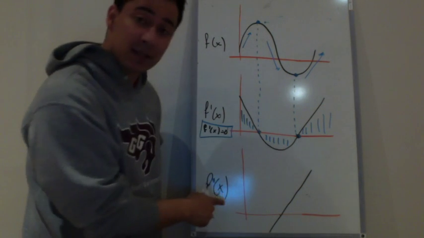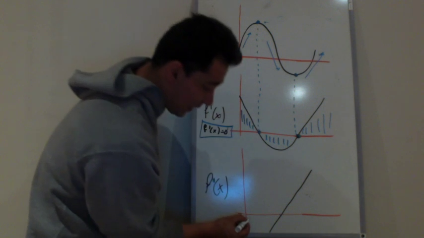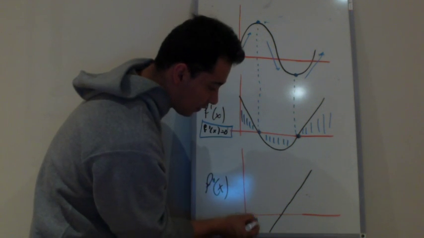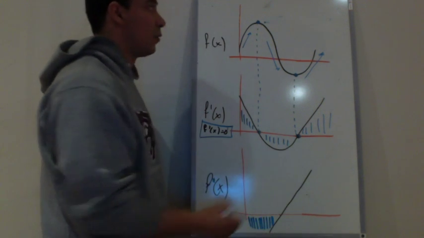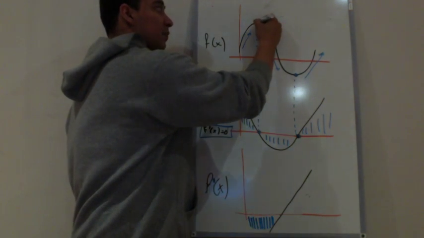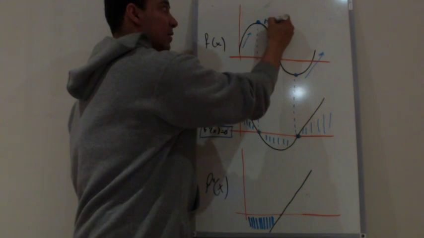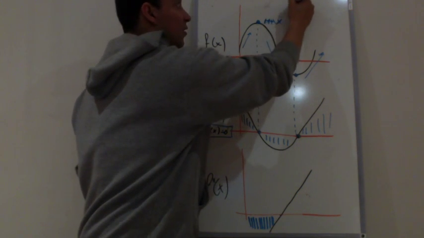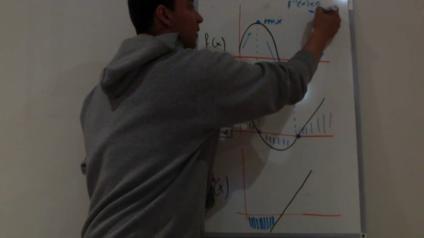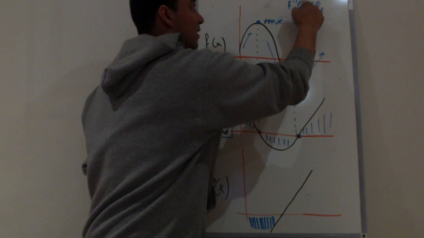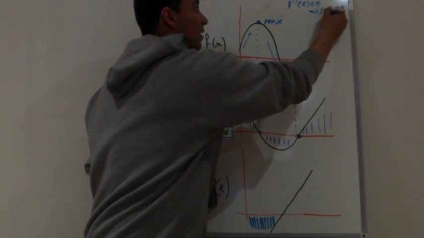When the second derivative is negative, we have a maximum. When the second derivative is negative, then that point, let's say this is C,